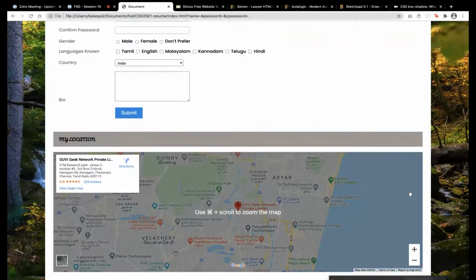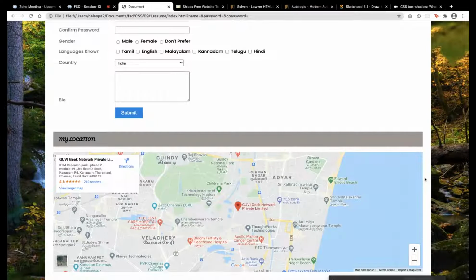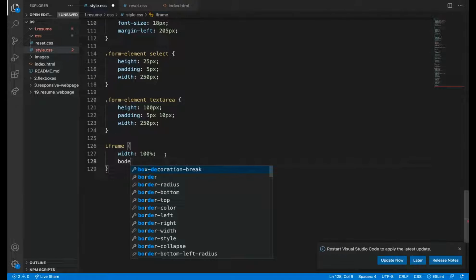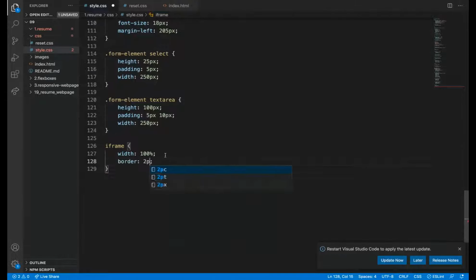Okay, I think this section is also looking good. I don't think it needs a border. Still, if you want to apply a border, we can. One second.